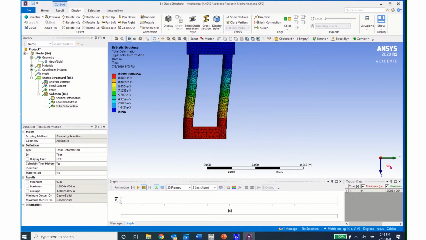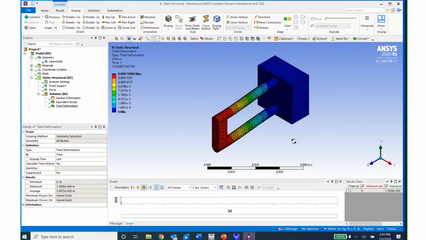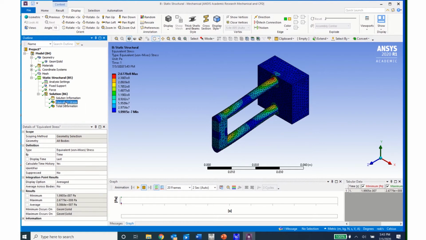Now I'm ready to develop the parametric component of this model. So I need to select the outputs that I want in my analysis. And so the outputs that I want are equivalent stress. So I'll come to equivalent stress and click on it. And then I'll scroll down here to where it says results and the maximum. And I'll click on that empty box to get a P there, meaning that that is going to become a